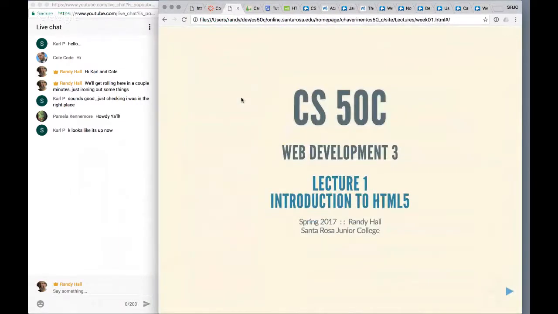Let's talk about stuff. So the class is Web Development 3, and I want to preface this already with the understanding that this class is evolving as we speak. The department is in the middle of kicking around the direction of its web courses. I've been given some guidance, and I'm trying to work towards that guidance, which is to really do